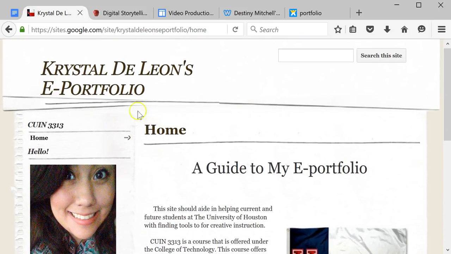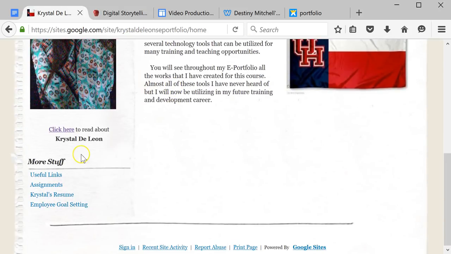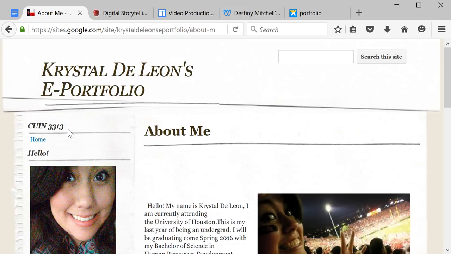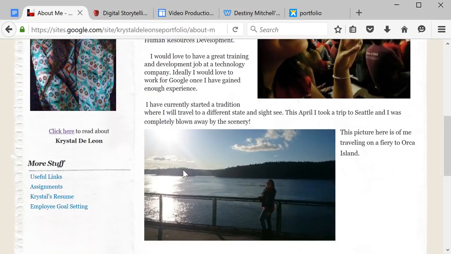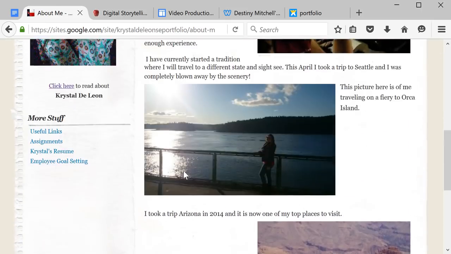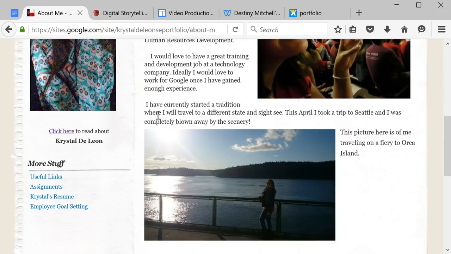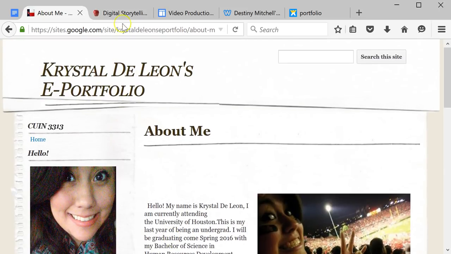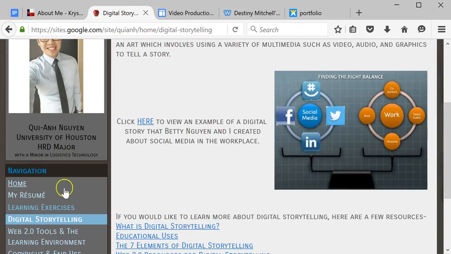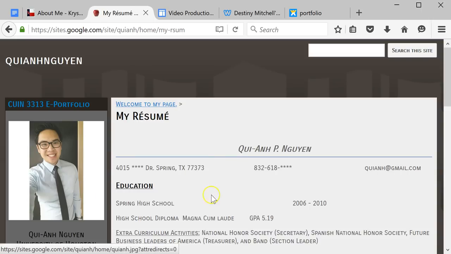Another page that you'll want to have on your e-portfolio site is an About page. And on this one, you can see that the person in their navigation put "click here to read more about the author." So here is an example of an About page. You can also link to your resume from this About page, or you can include it in another part. I recommend keeping it all together so that you have your resume and your About, but just make sure that